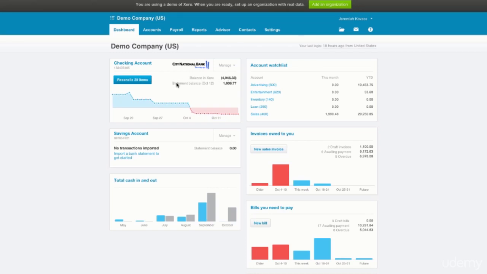But then once you import items, whether through the automatic feed or through a manual import, this statement balance will go up and down. So this statement balance should reflect your actual bank account, and then this balance in Xero may or may not reflect this statement balance based on if you have items that still need to be categorized. So you can see here these balances don't match up, and that's because most likely these 29 items are the difference between. And so I'm going to go into another video to explain the difference between the balance in Xero